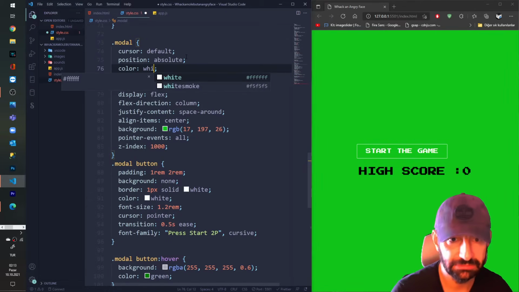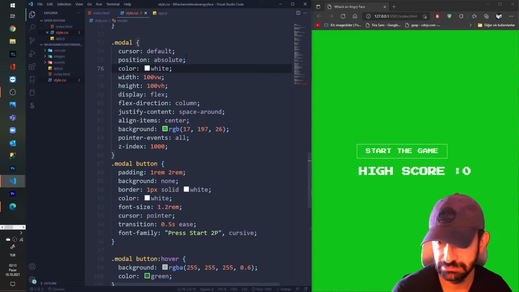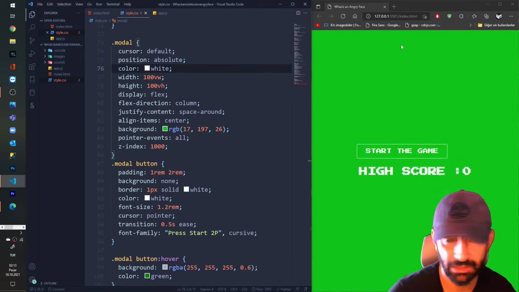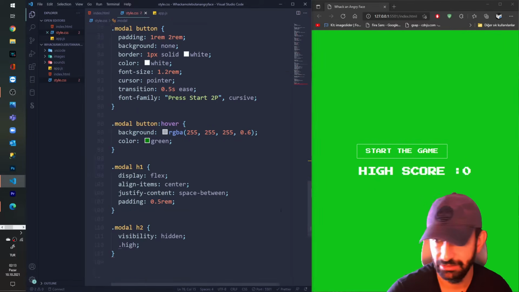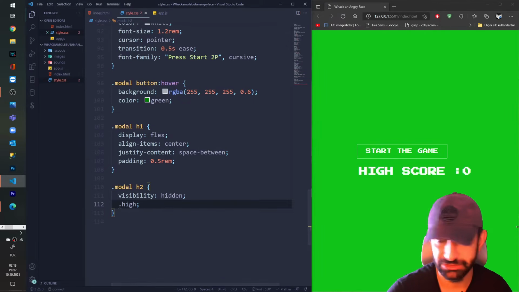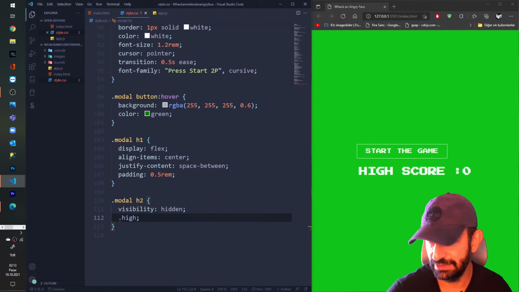I think I forgot it inside my model. So model. No, nothing here. But okay, anyways, the text will be white. So let's move on. Nothing can stop us.